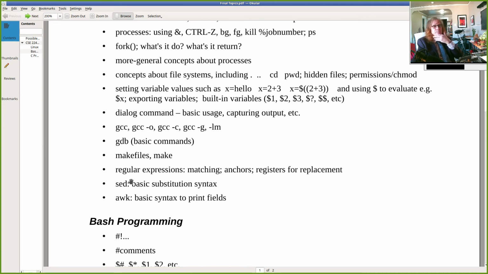yesterday. So if you knew how to do everything that we were doing yesterday, you got a pretty good idea about it. You should be fine with regular expressions. Basically, you know, matching patterns, anchoring expressions to the beginning or end, using registers for simple replacement. I won't ask you anything more complex than what we worked through yesterday, so don't get too concerned with these. But, you know, either writing regular expressions or showing me what a regular expression does to a string, something like that. Sed, mostly we use it for doing a regex on a file, line by line, but you know, there's